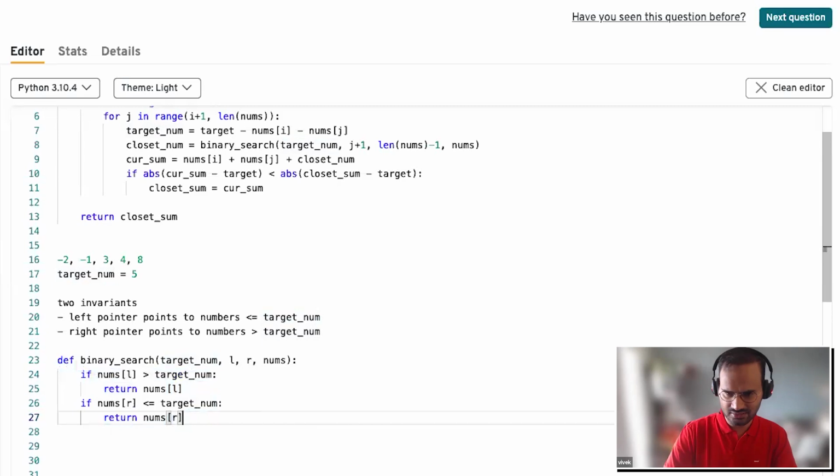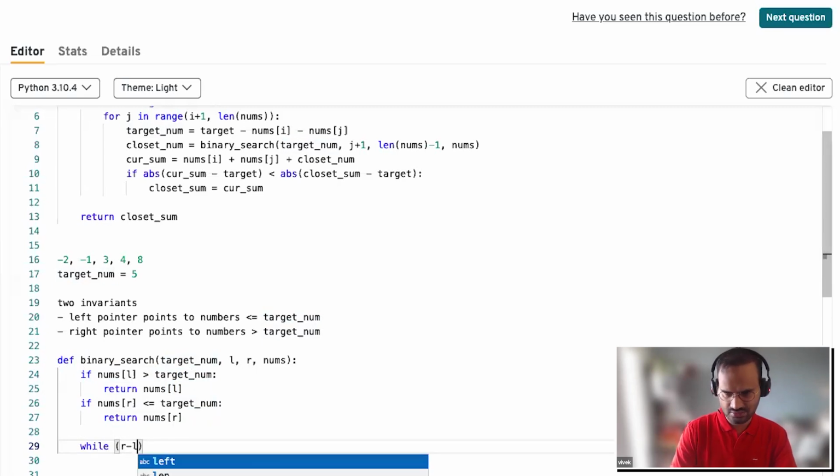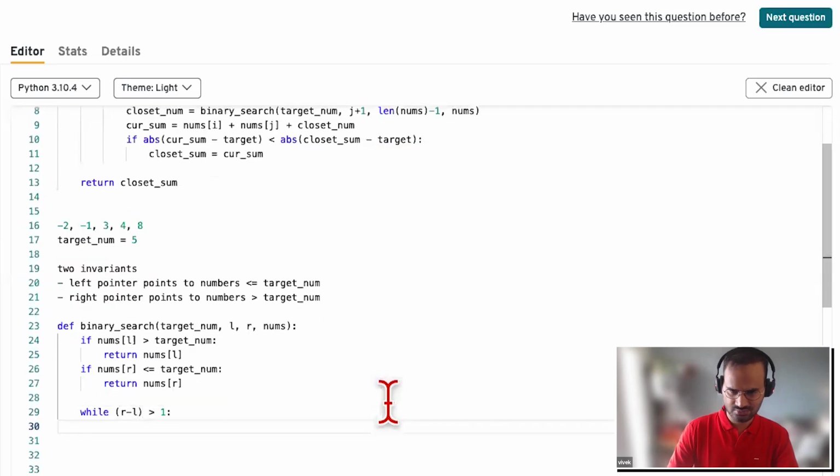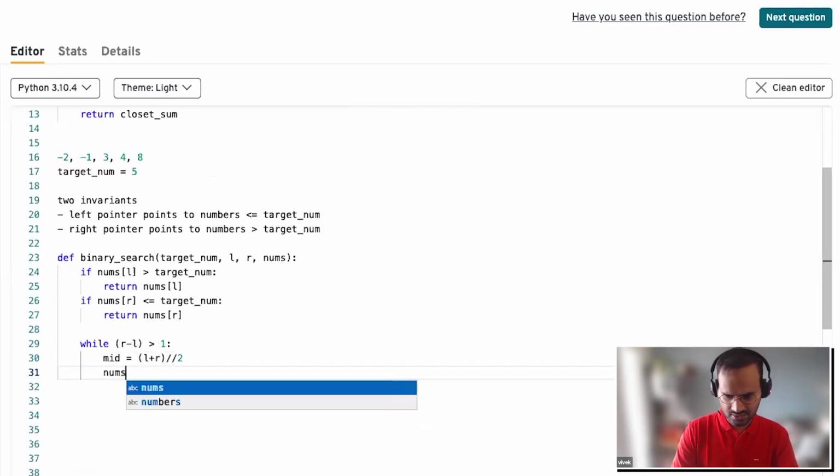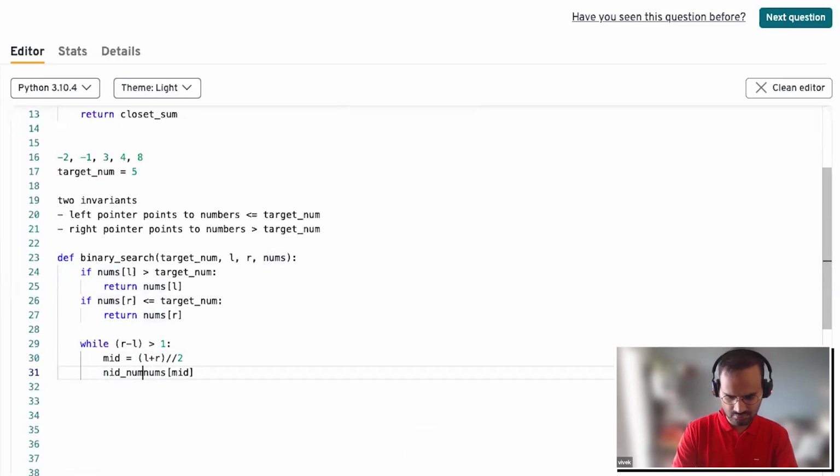So if they are satisfied, then we can get into our binary search. So we do this binary search until the left and right pointer are close to each other. So while the difference between these two is greater than one, we'll keep doing this binary search. So we get the mid. This is very straightforward. So we do L plus R divided by 2. We get the mid. We look at the value in the middle pointer. Let's say this is our mid number, and